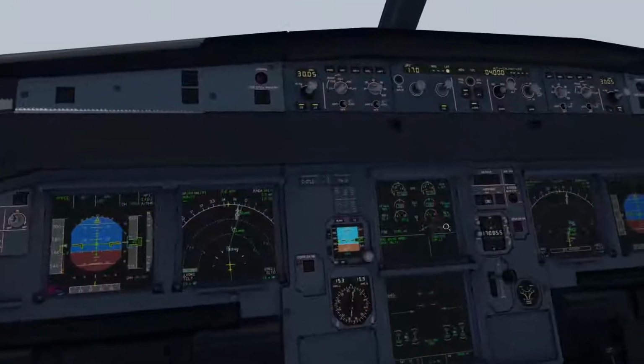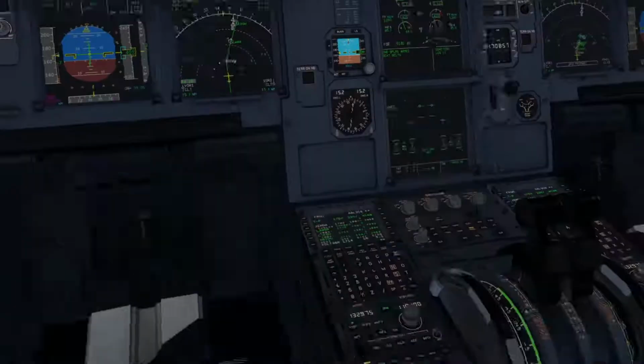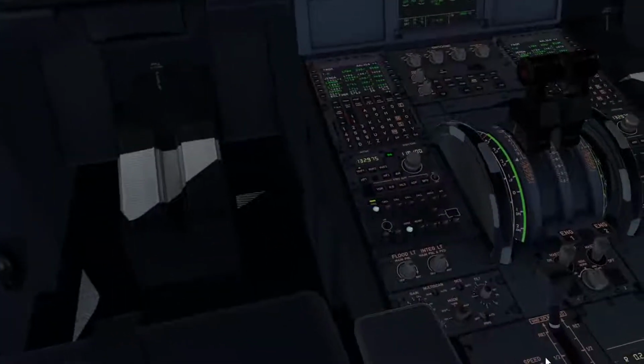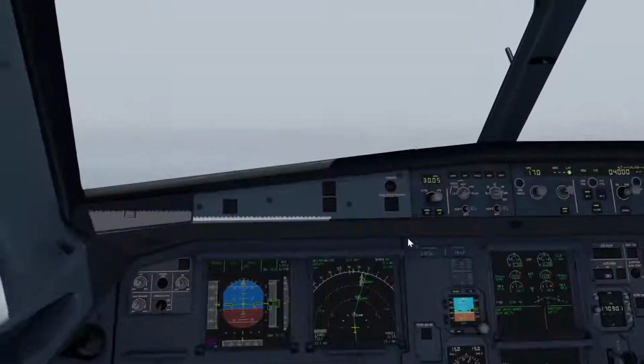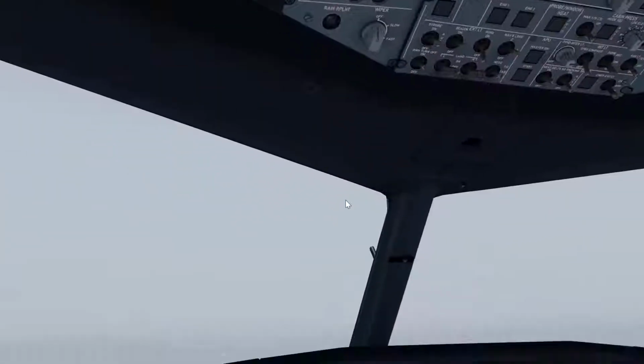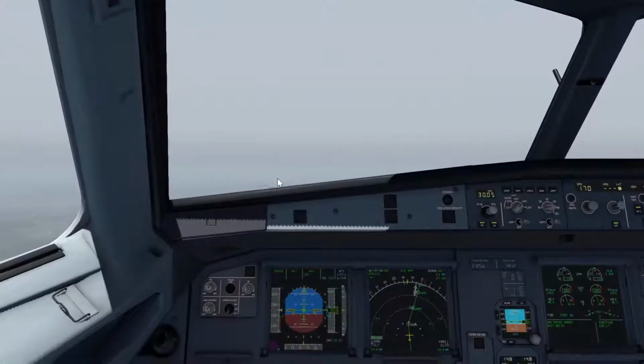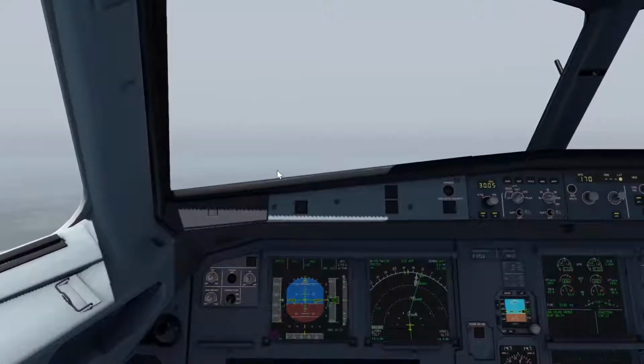156, let's do our little landing check here. The auto brake is armed and the speed brake is armed, of course. Landing lights are in, landing information is in the computer, and we are most certainly waiting to pick up the